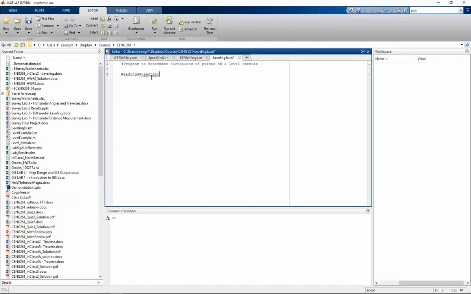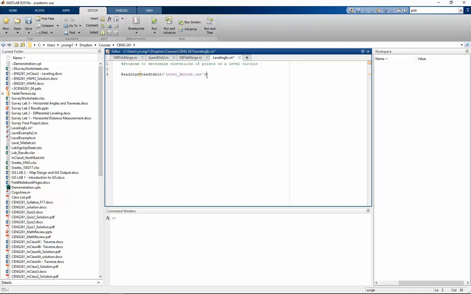So I set, this is my variable name, readings, right? And then I'm going to set it equal to, and this read table is a function, right? And now I'll say where my code exists. So within apostrophes, that's the name of the file that I'm going to read. Right? And so I have a file, the one that I just showed you, that text file in Notepad, right, is